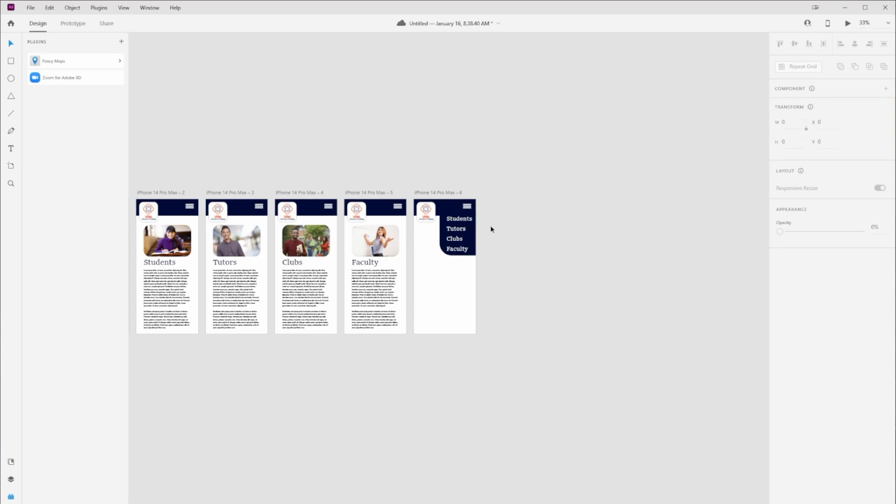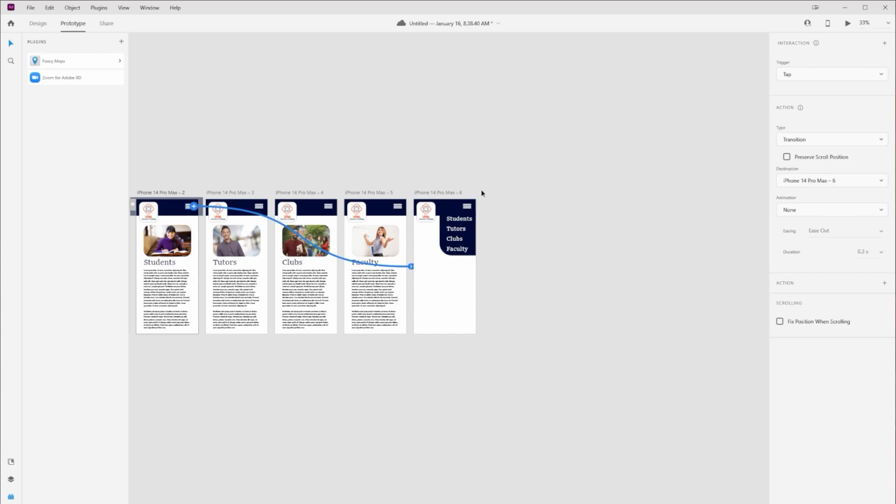So what I want to do is be able to click on these menu options and go to these different pages. Well, this whole time we've been sitting here in the design mode. And what I want to do is go to the prototype mode. And to do so, I just click on prototype, and that will take me into that mode. Now, what I want to have happen is when I click on that hamburger menu, for it to bring up this menu. So I can click and drag, it gives me a little arrow, and if I drag that over to this option here, it will pop it up.